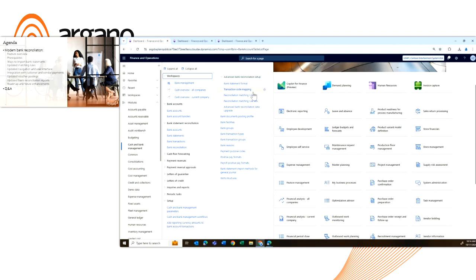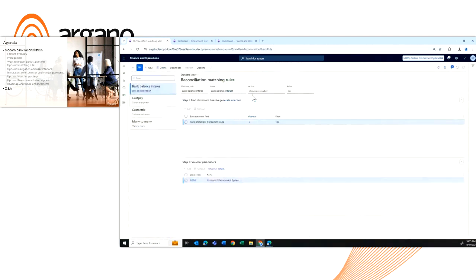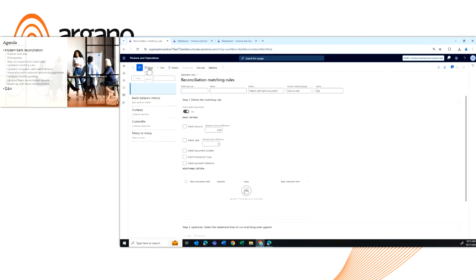So when you go to the reconciliation matching rules, this is the place where you define how you want the system to handle your transactions. How do you want the system to match a transaction from your bank statement that you got into the system with what you have in the system? And is there a way to deal with that if you don't have transactions in your system just yet? Maybe you didn't know about this. Maybe you haven't had a chance to enter them. Like, now what, right? So let's talk about, I will click New and just talk about the action,